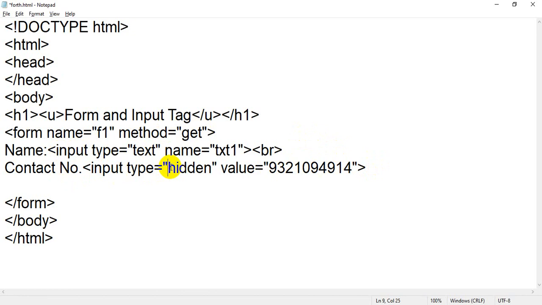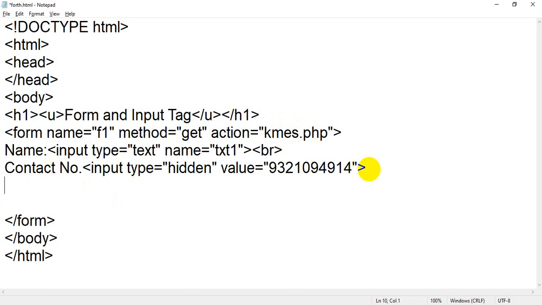Input type equal to hidden will send the data to the next page that you have written inside the form. For example, if you take action, what is the use of action? We have already learned action is an attribute of the form tag which specifies where you want to send your page, for example kmes.php is a page name where you want to send this data. So the information of the page will be sent to kmes.php, but when? When you submit the form.